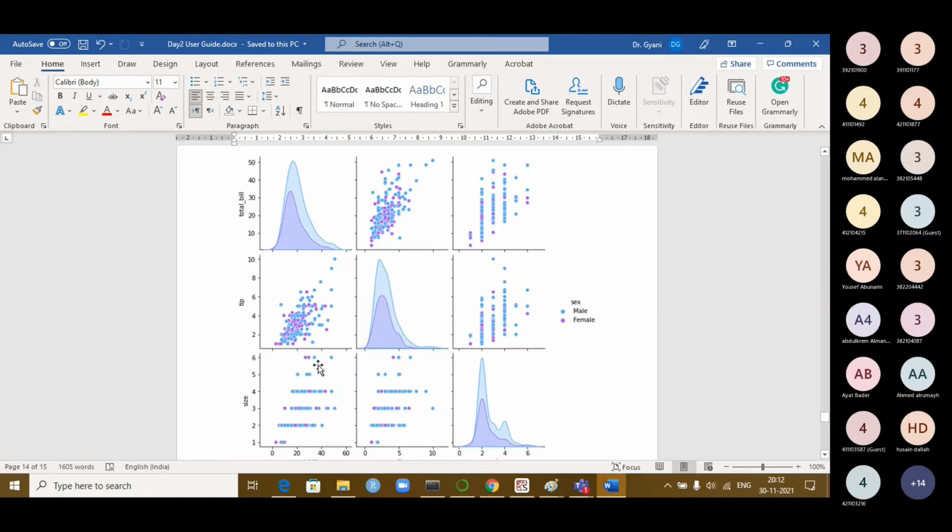So overall, the maximum bills made are around 20. Maximum bill amount was 20 here. You can see here, either male side or female side, almost it is 20 only. This is the female category. This is the male category. Okay, the maximum bill made by the groups was 20 at most. That's the distribution it is showing.